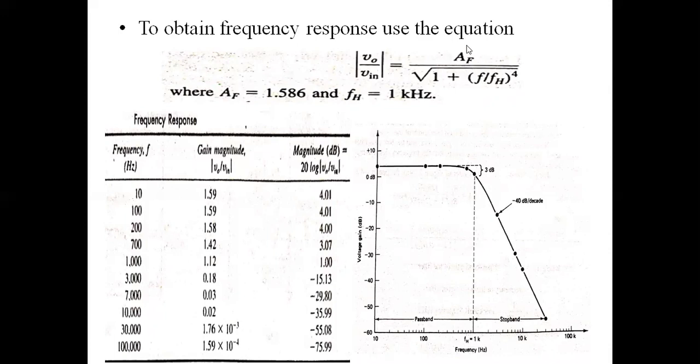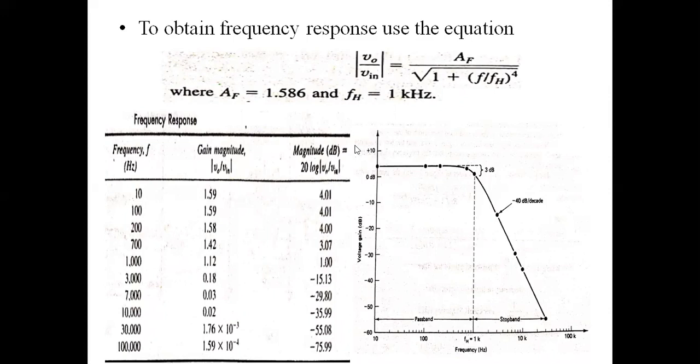Substituting those values, for the different input frequencies, for 10 hertz the gain magnitude will become 1.59, and when you calculate it in terms of dB,